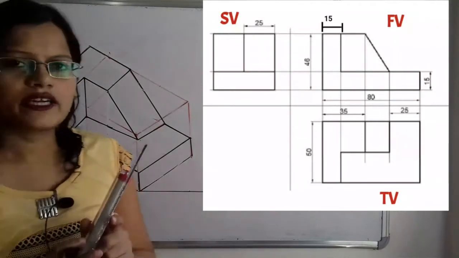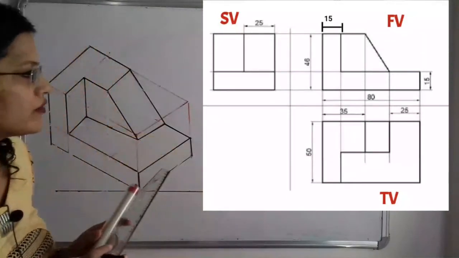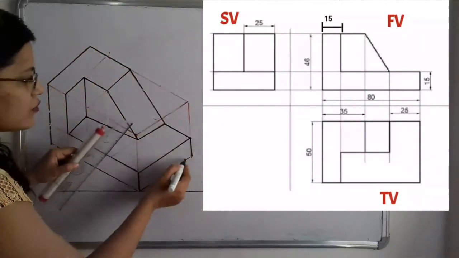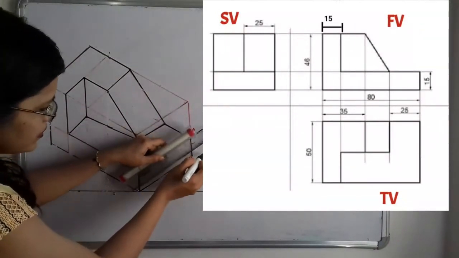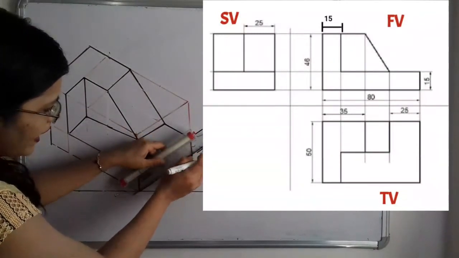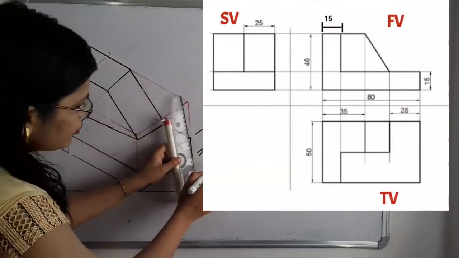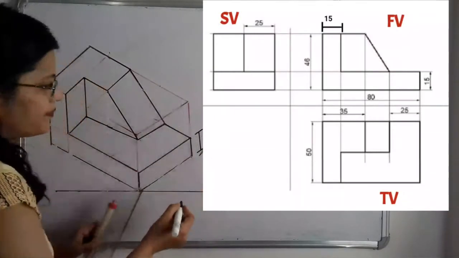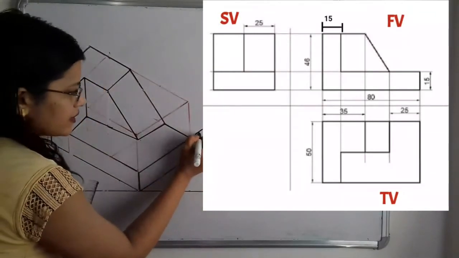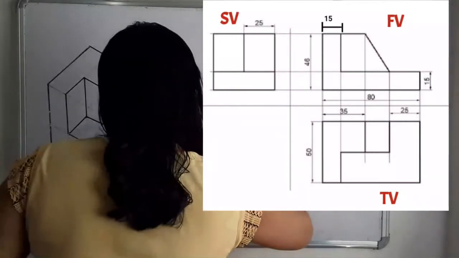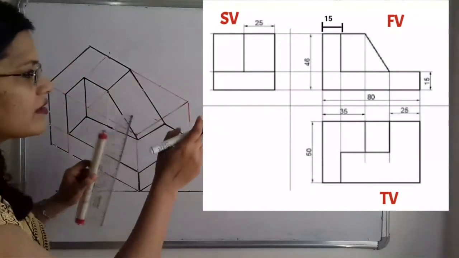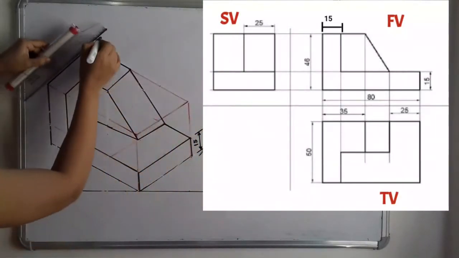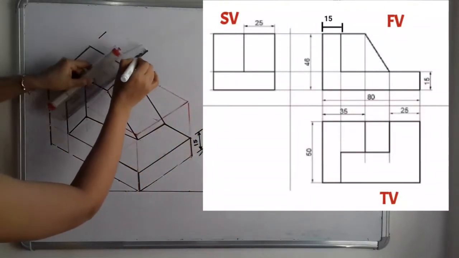Now we will give the dimensions. So how to give the dimensions? So we will give the dimension for this base. So we will take the line parallel to this. So we have to give the dimensions in the direction of construction only. So now we have to give here 15. Then in the same way here 35 and 25. So this distance is 35 that we have to show.